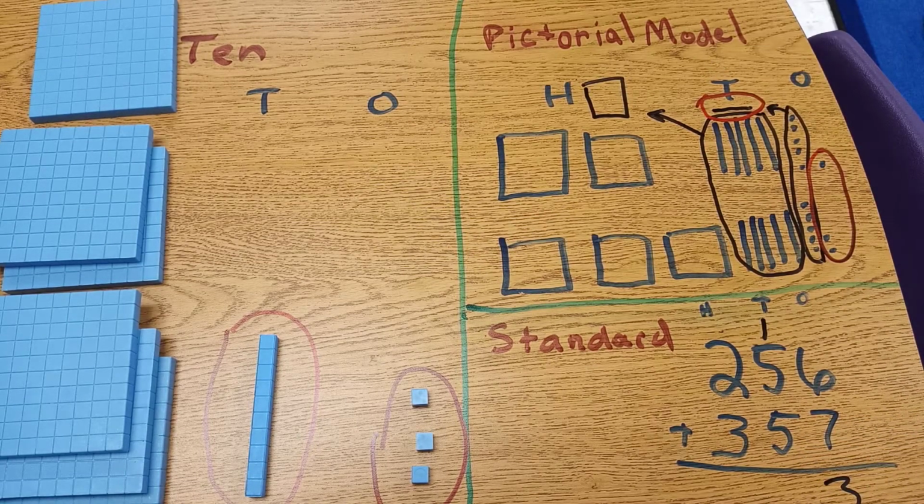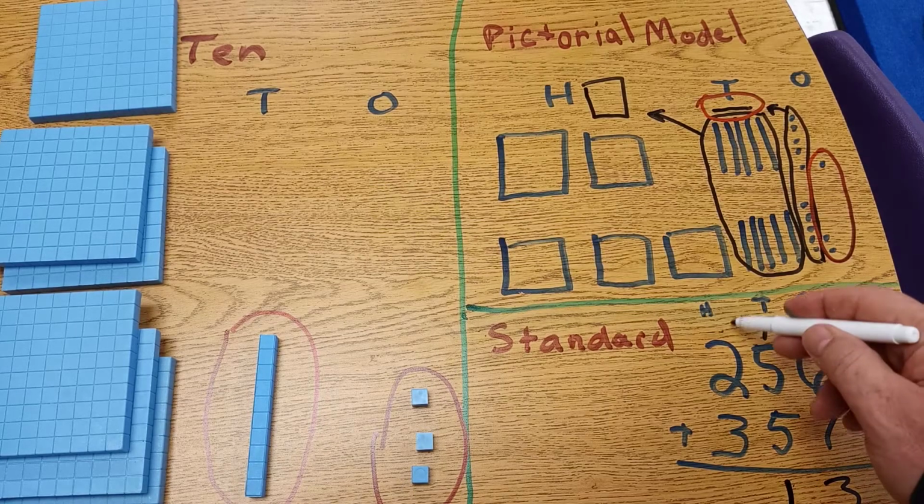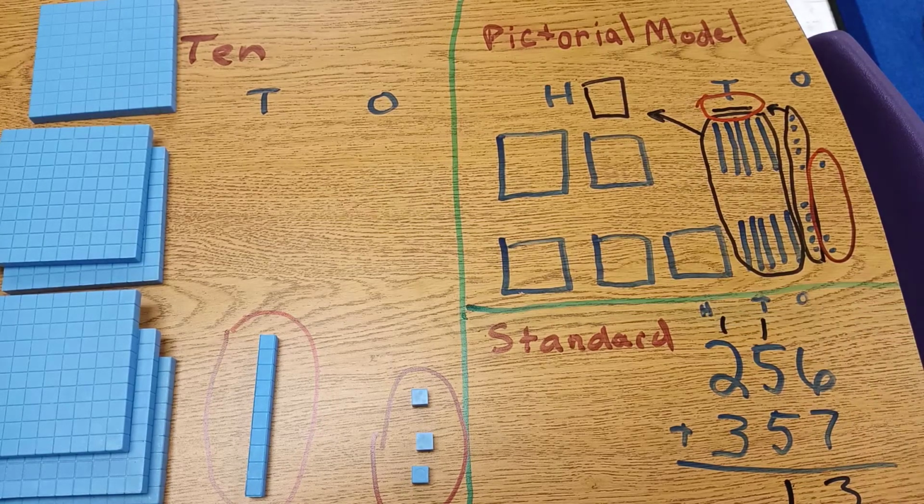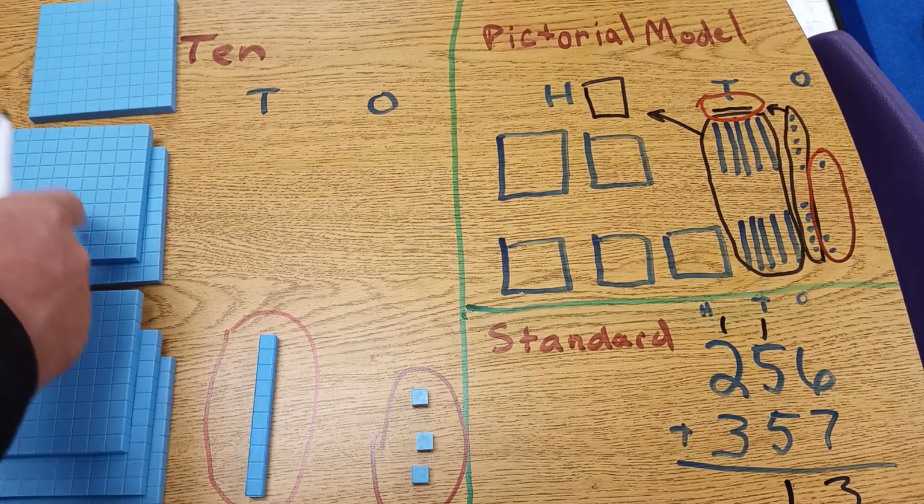And now on the standard algorithm, I have 5 plus 5 plus 1 is 11, or 50 plus 50 plus 10 is 110. So I'm going to take my 10 and leave it in the tens place and move my 100 to the hundreds place. Okay, and on the last, I've got 1, 2, 3, 4, 5, 6